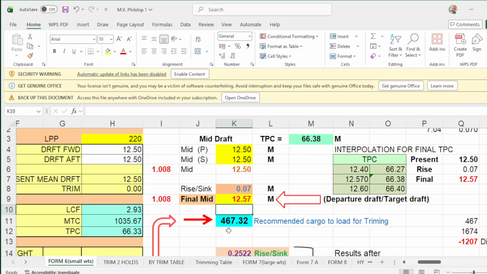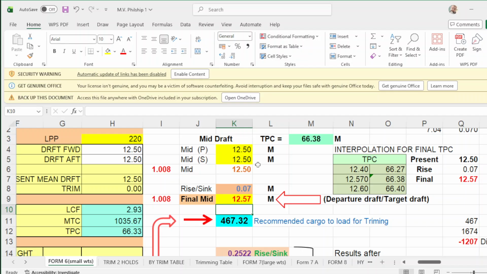How much weight do you need to reach 12.57? So 12.57 minus 12.5 will be 0.07, which is equivalent to 467 metric tons.